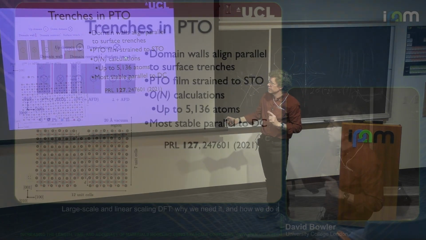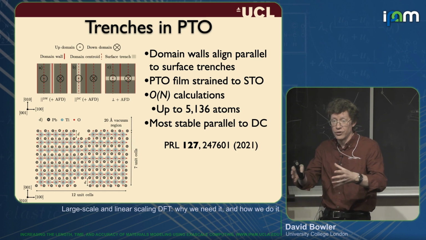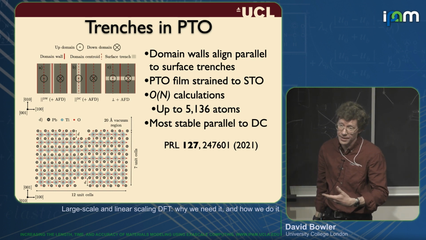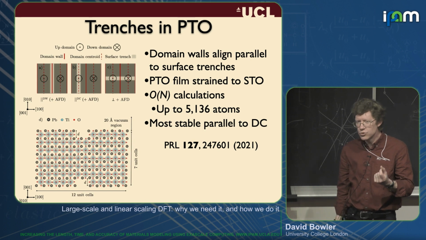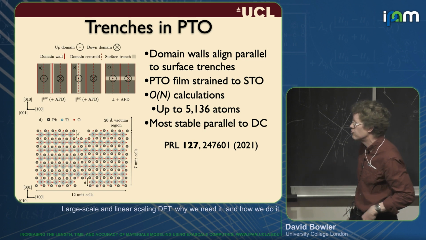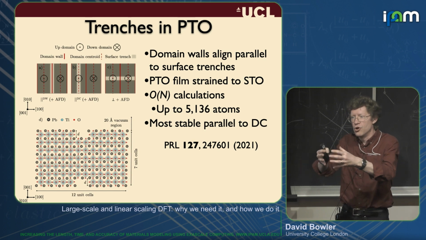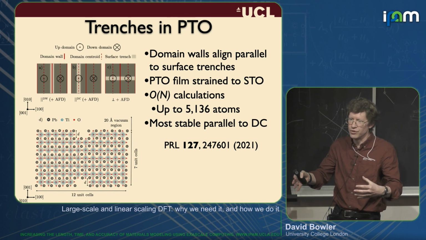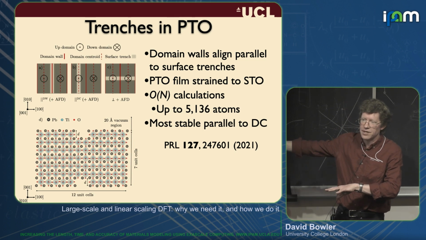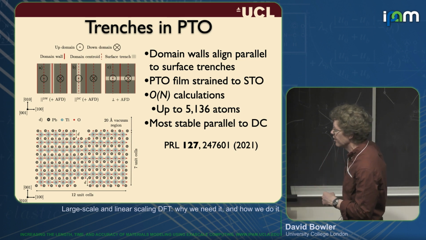Something I haven't mentioned that is a real problem for order n and structural relaxation is that as you go to bigger systems, of course, you get longer and longer length scales, and so it can take longer to relax your system. This is a problem that's been touched on once or twice over the last two decades, but I've not seen a proper answer to this. So this is an interesting question. If there's anybody here who's got insight into how you deal with these very slow, long wavelength relaxation modes in structural optimization, that would be fascinating. Maybe I should just forget about structural relaxation and do free energies. Because when you're doing MD, you don't care about the relaxation. You just let it go.